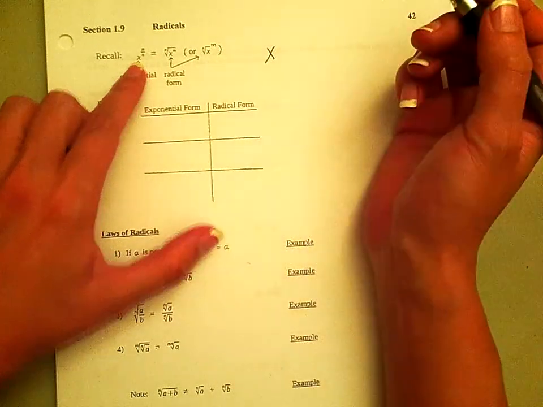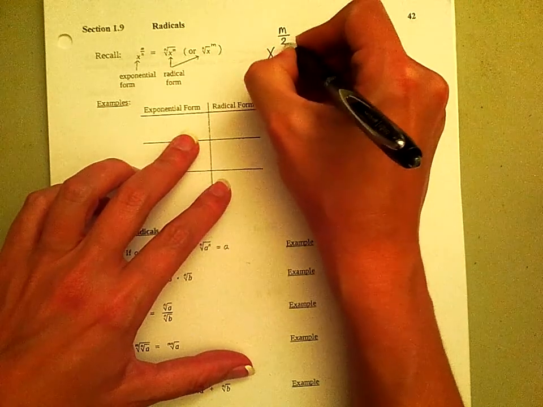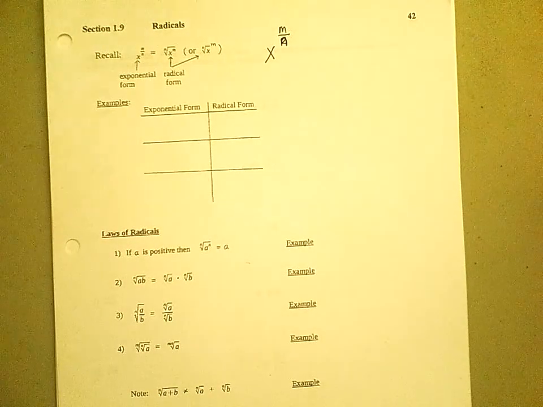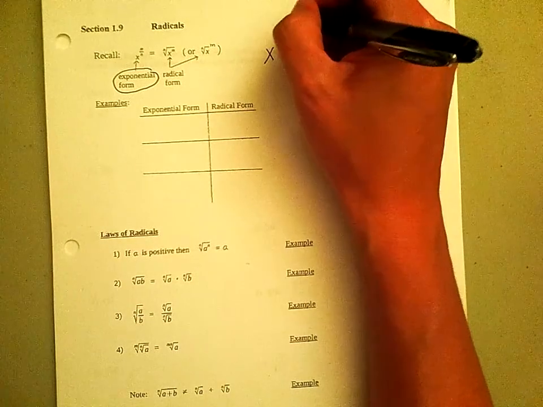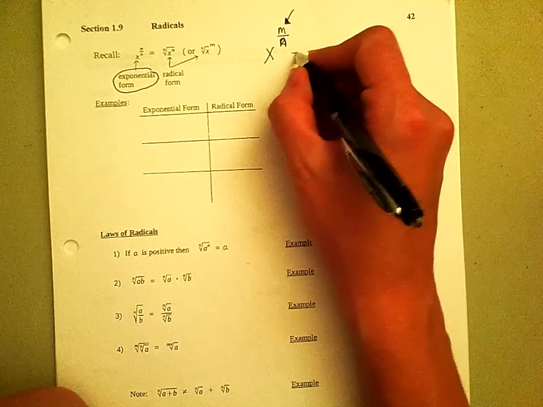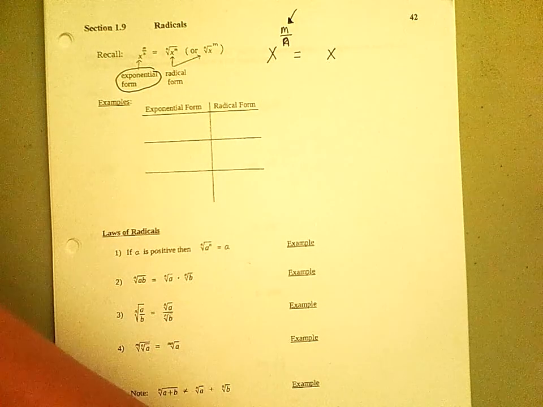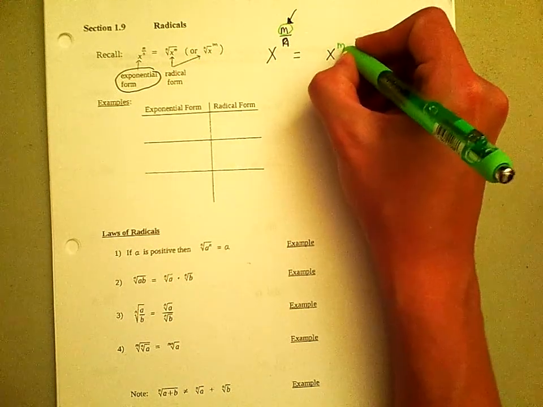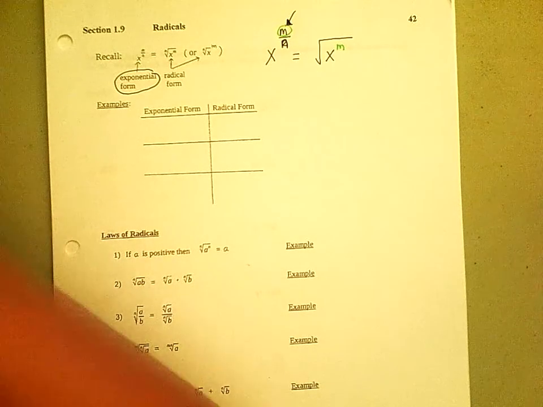Remember that if we have x, some base raised to a rational exponent, I'm sorry, this should be m over n. Okay, so it is some fraction. This is what's known as the exponential form because the fraction is written as an exponent. We saw that could mean two things. Either we could take the base and first raise it to the power m, and then take the necessary root,